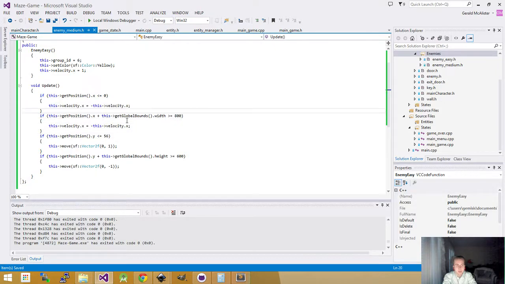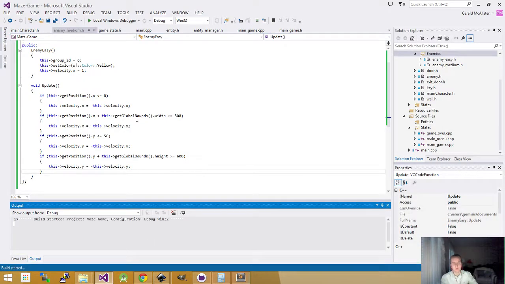And same here. And then here's just going to be the y instead. And now if we go through and we run this,